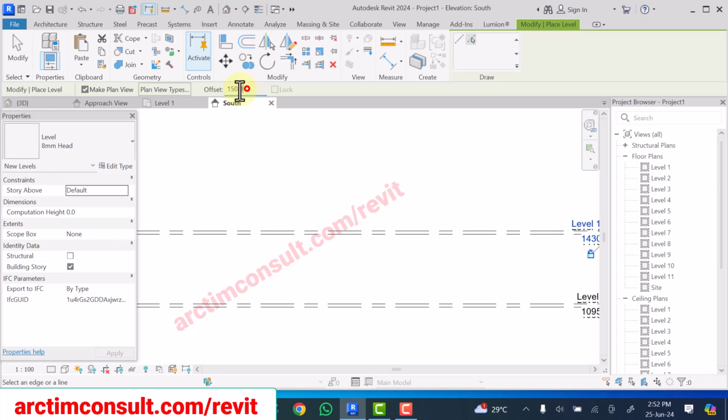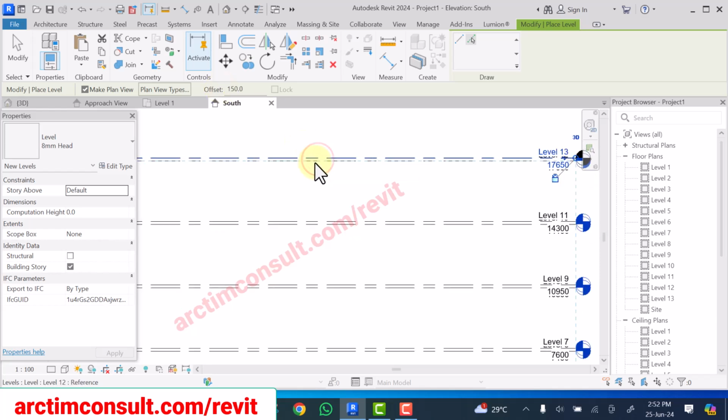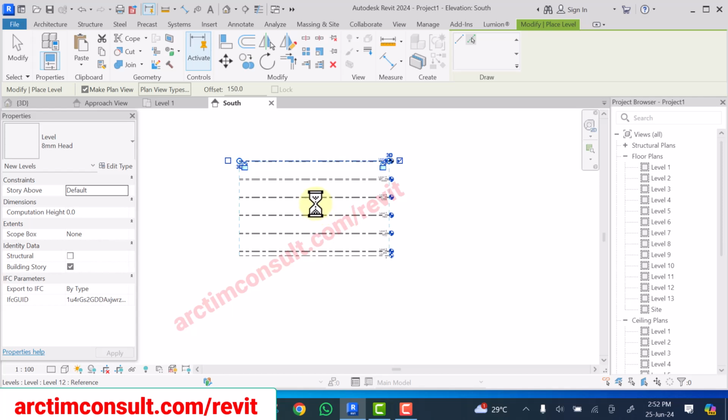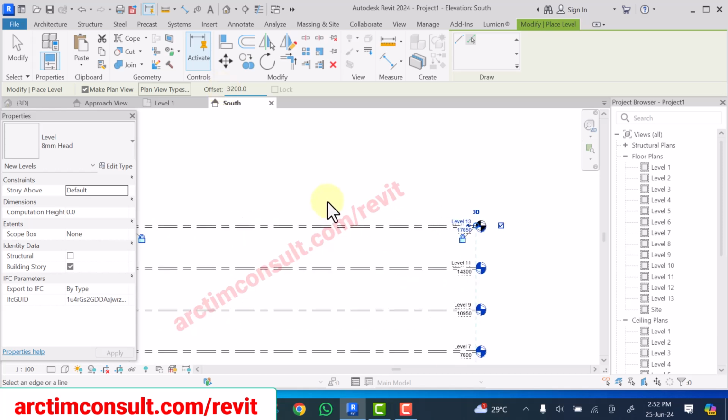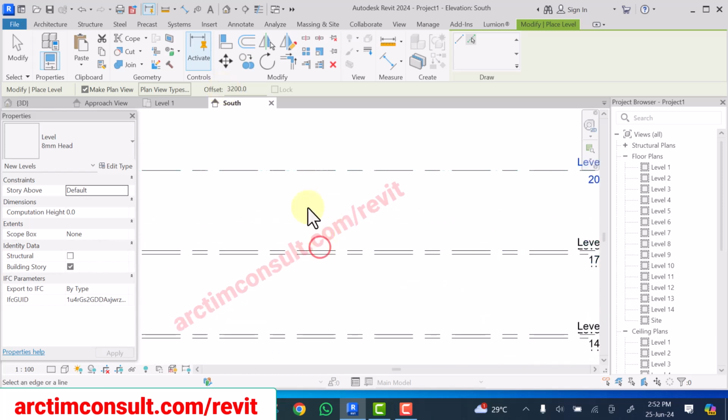We are going to type 3200, then I click here, and of course I'm going to make this 150 until we get the required height we want to go before we stop. So I'm going to type 150,